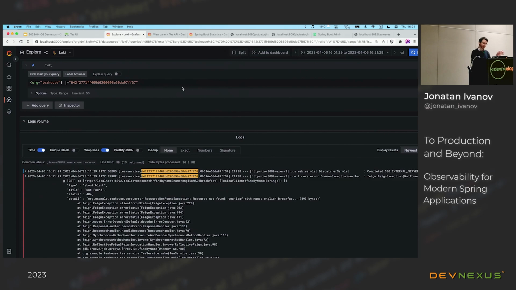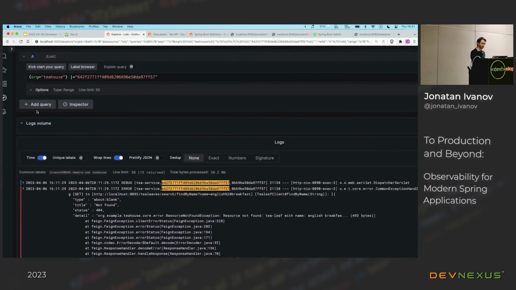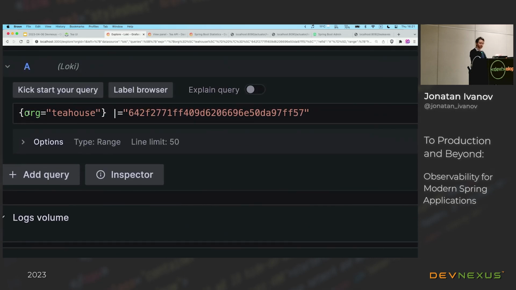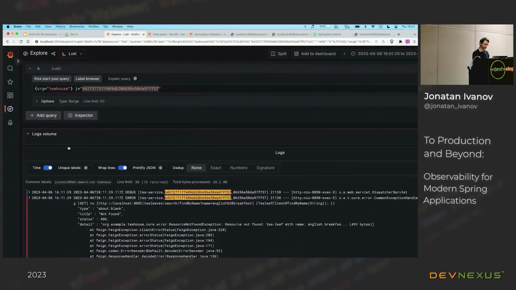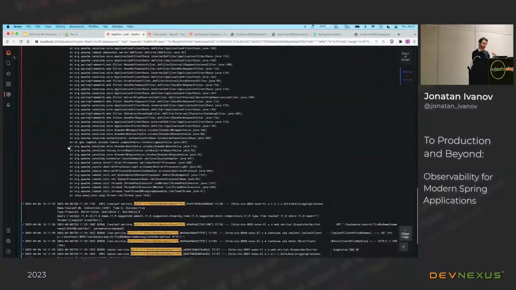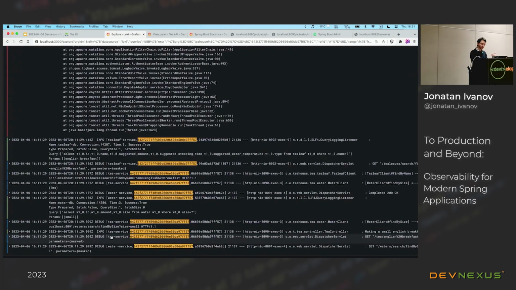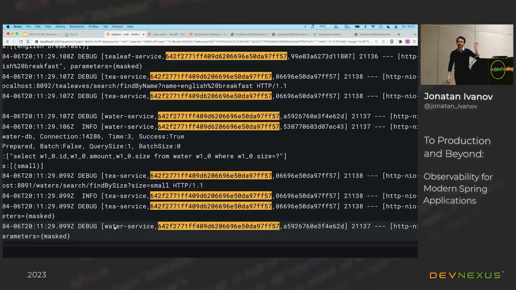I wrote some query so that, hey, I want to search for all of my applications. The organization is T-House. All of my applications have that label, and also this is the trace ID. And if I do this, I should get only those logs that have this trace ID. So actually, what you saw in the trace view, in some sort of form, it is also there in the